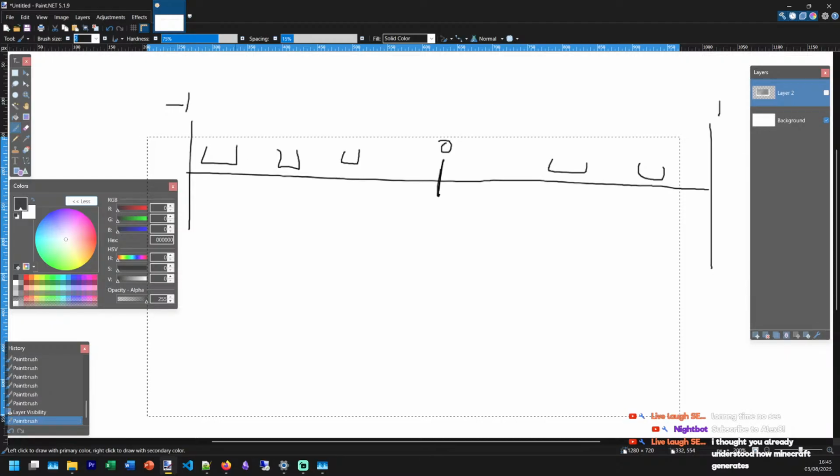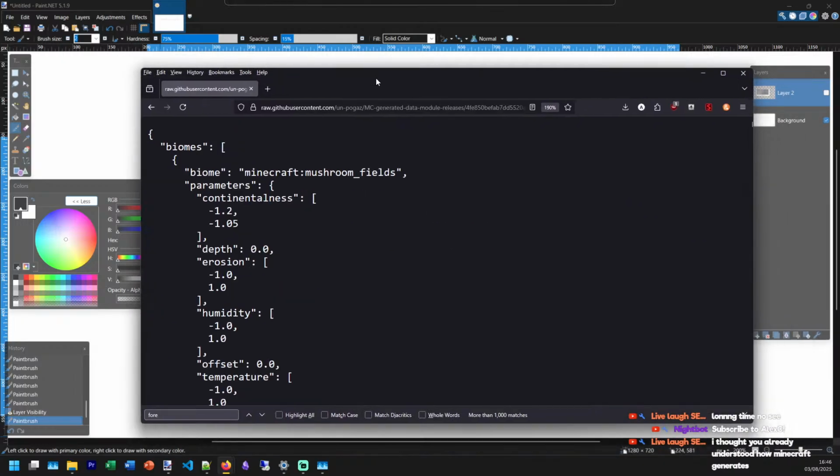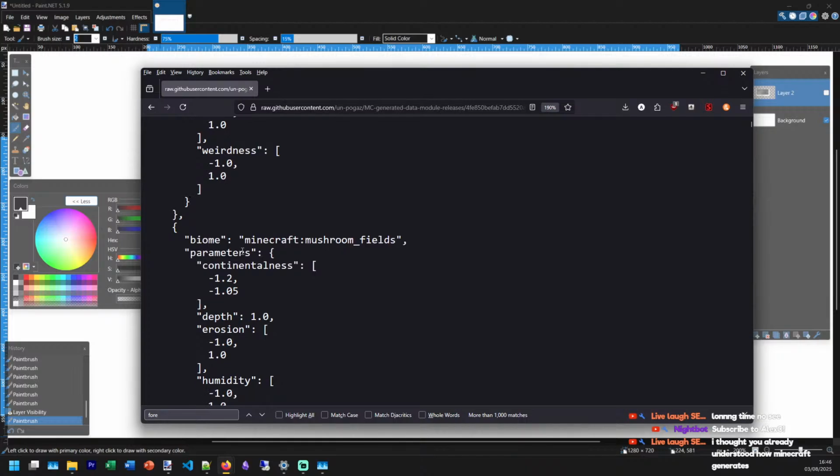So rather than the biomes being, what am I doing? What the hell? Are you on the wrong screen? So rather than having the negative 1.2, negative 1.2.